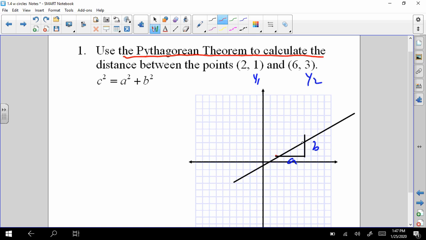We got our second ordered pair there, and we're back to talking about the y2 minus the y1 would give us the rise on that triangle of 2, and the x2 minus the x1, 6 minus 2, would give us the run on that triangle. And therefore we have the legs for Pythagoras' theorem, because we now can tell the distance between those 2 points. It will be the c distance. A squared plus b squared equals c squared. So I would have 4 squared plus 2 squared